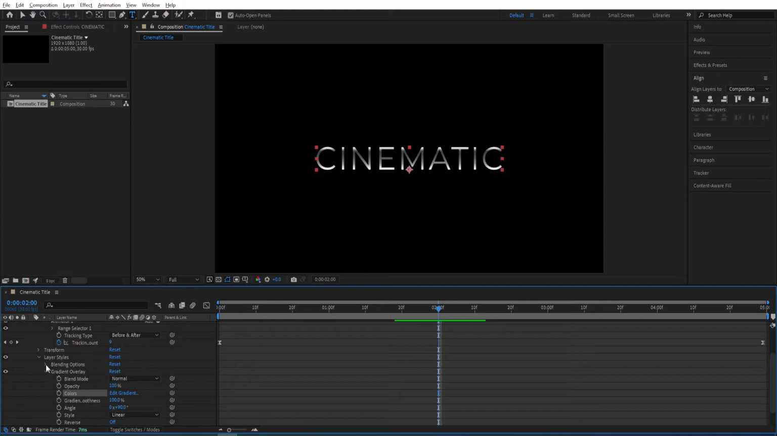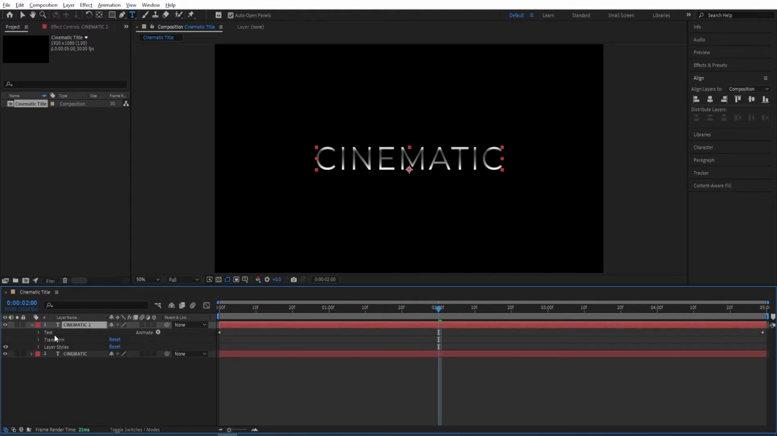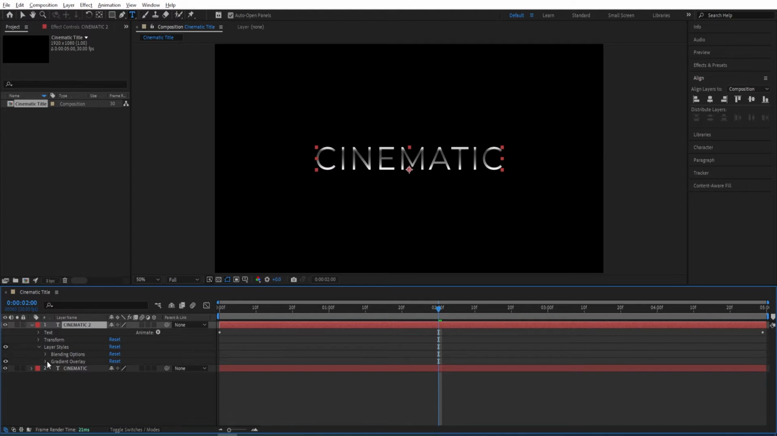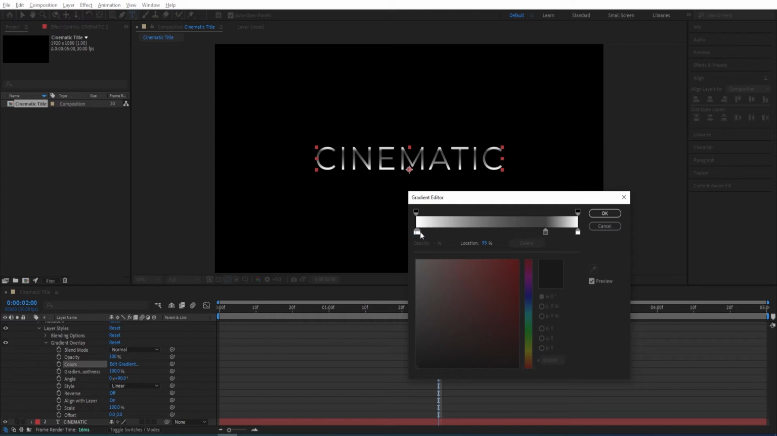Now close the settings for text, and then duplicate this, Ctrl D, and then go back to the layer styles, gradient overlay, colors, and then click on edit gradient, and then we move the second one to 20%, and then change this first one to some gray color, and then we are gonna delete this black one,